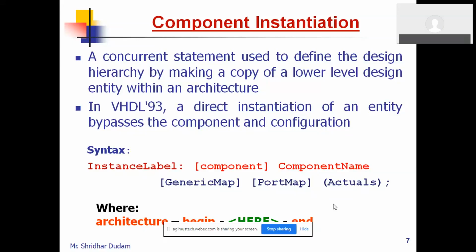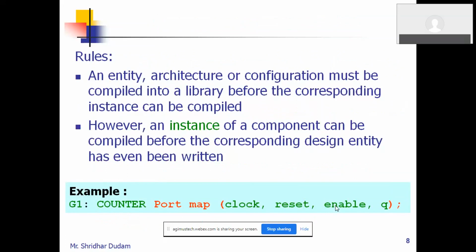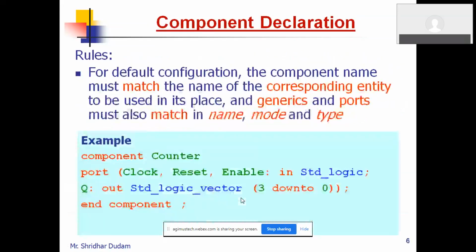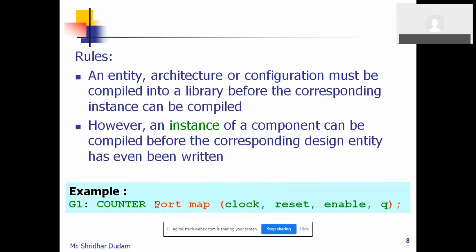When you want to map the signals, there are two ways: either named mapping or positional mapping. The example here is given like counter, port map, clock, reset, enable, and queue. Here I have used positional mapping. That means the position of the declaration of the port is important. If you look at the declaration of the component, the clock is first, then reset, then enable, and then queue. The same position is used while calling that